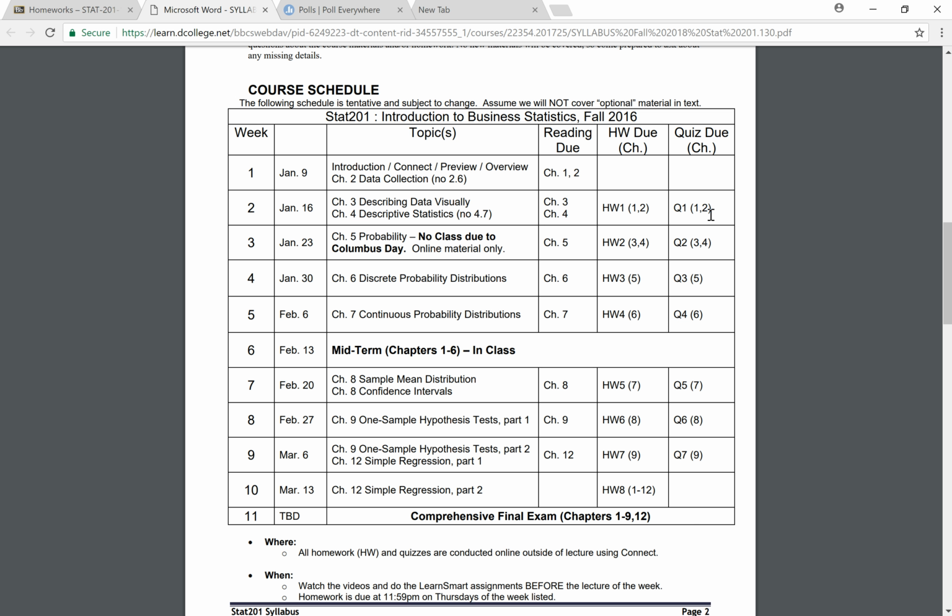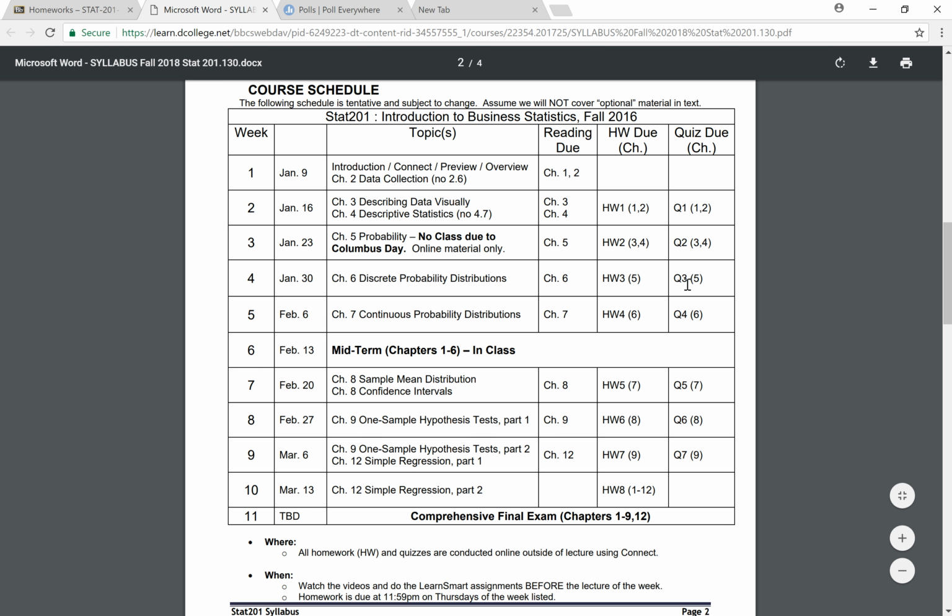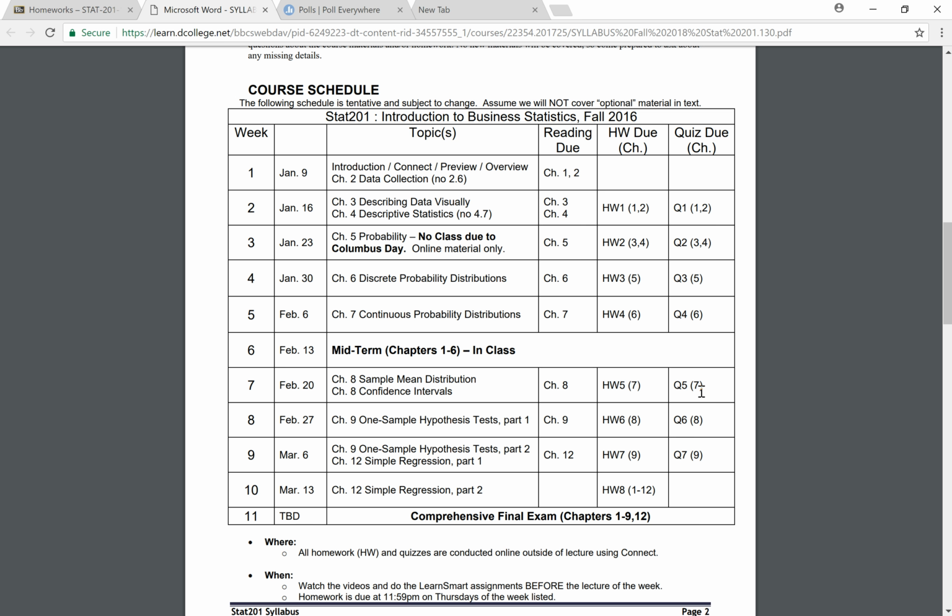So instead of 7, there's going to be 5 quiz scores that go into your grade, so don't worry about telling me details as to why you miss them, or ask me to drop, or tell me that you need the 2 lowest quiz scores dropped. That's going to be done regardless. And you'll notice that in the last week, week 10, if you look back over here, there's no quiz, so there's only 7 quizzes, and we're going to keep the 5 highest scores.